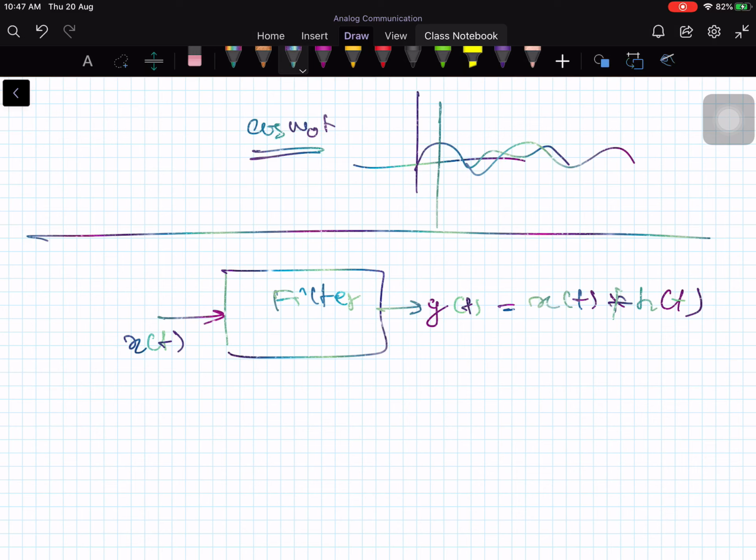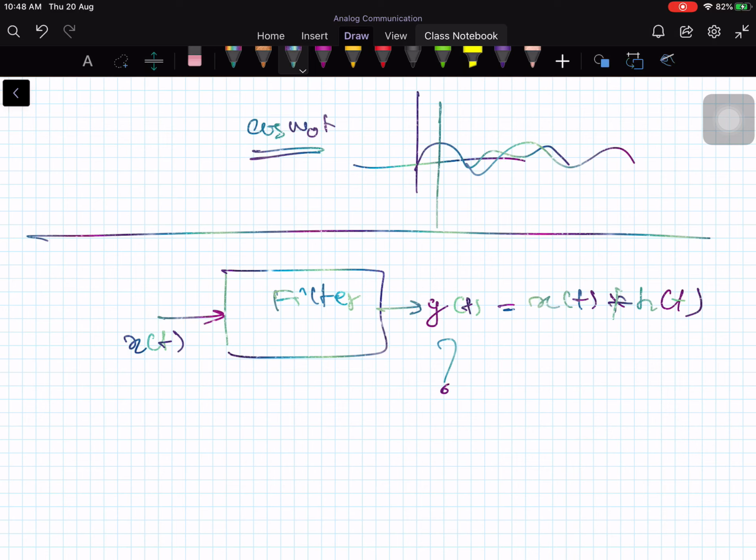See, in the frequency domain, I can say all frequency components are shifted by minus pi by 2. How can I say it in the time domain? That's what I need to find out. Frequency domain, absolutely no problem. There is a phase shift of minus pi by 2 radians for all frequencies. Therefore, the next question that we would like to address is, what is the actual output waveform for a given waveform x of t? How is it going to be in the time domain?